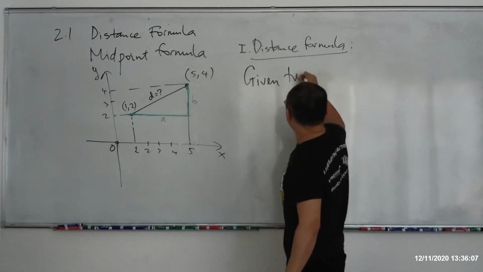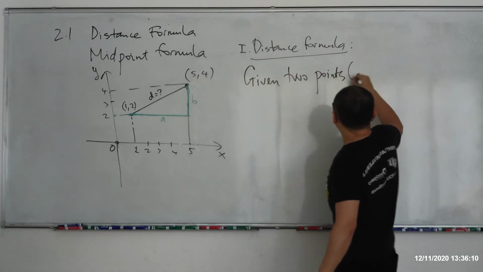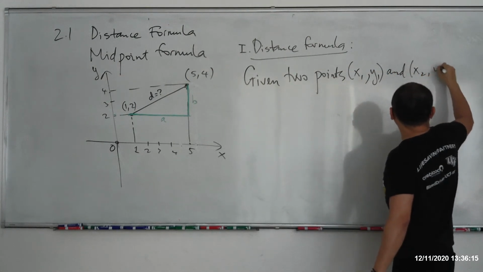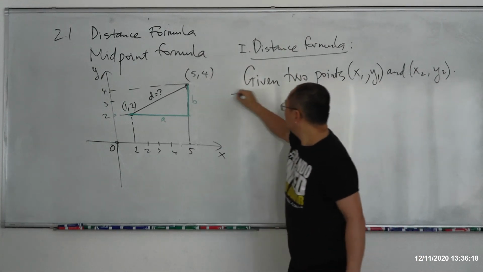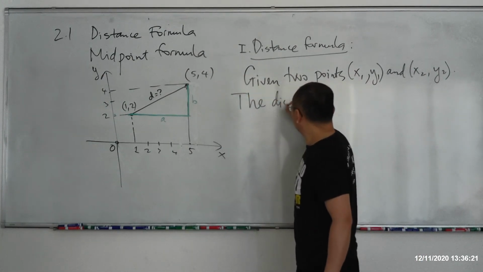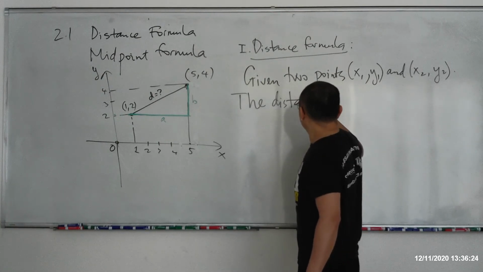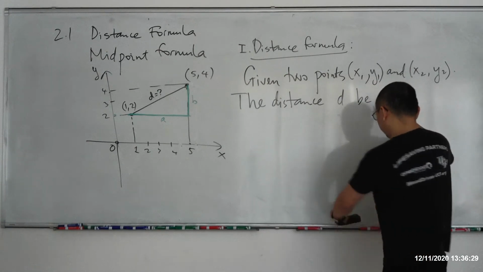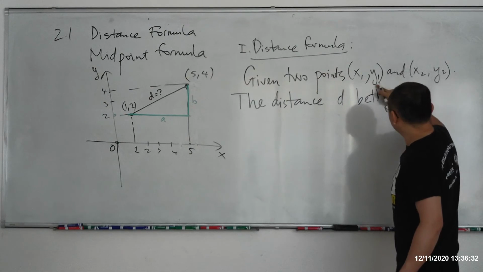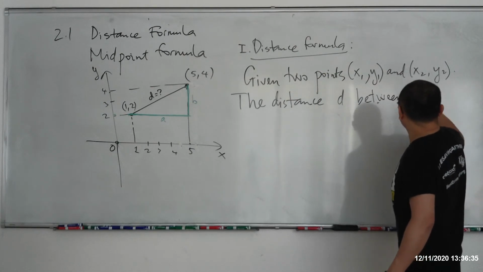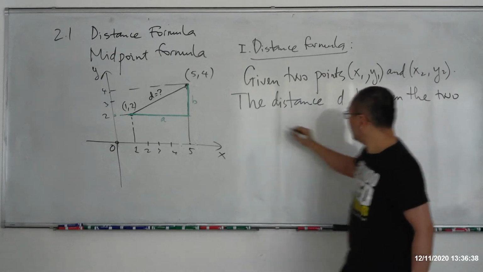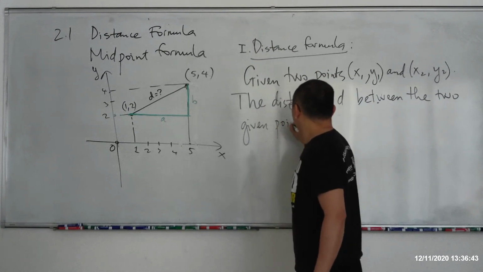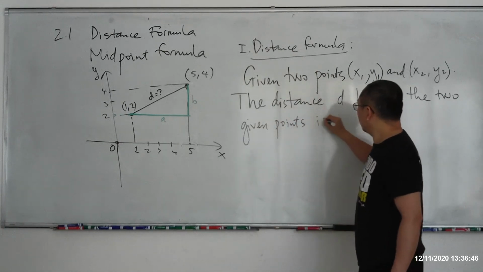Given 2 points, say (x1, y1) and (x2, y2), the distance, say d, between the 2 given points is